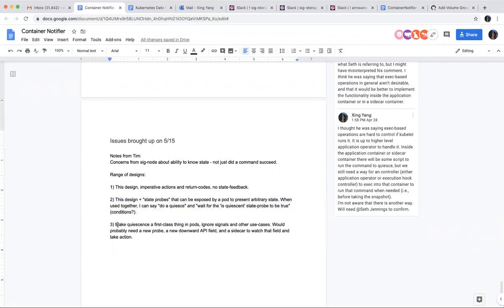A third one is to make quiesce a first class thing. I'm not sure about this one. We still need to figure out number 2, because even for number 3, if we just make quiescing a first class thing and don't handle other cases, we still need to be able to tell whether it's really quiesced or not. So I think number 2 we need to look into first. And some of those things, like, you talk about FS freeze. Yeah.